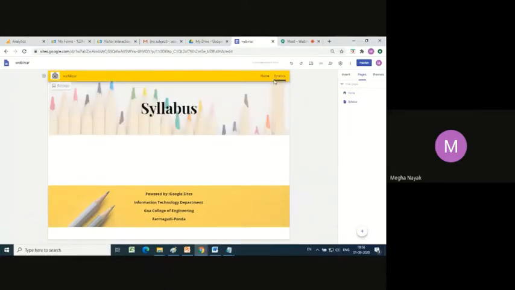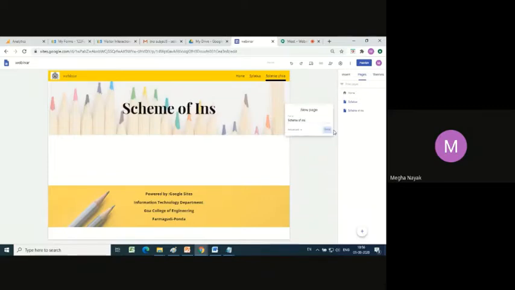Can you see syllabus has come in over here? All right, then I will say, for example, scheme of instruction. Then I will say probably course material. Now since I am an educator, I am considering to do it this particular way.